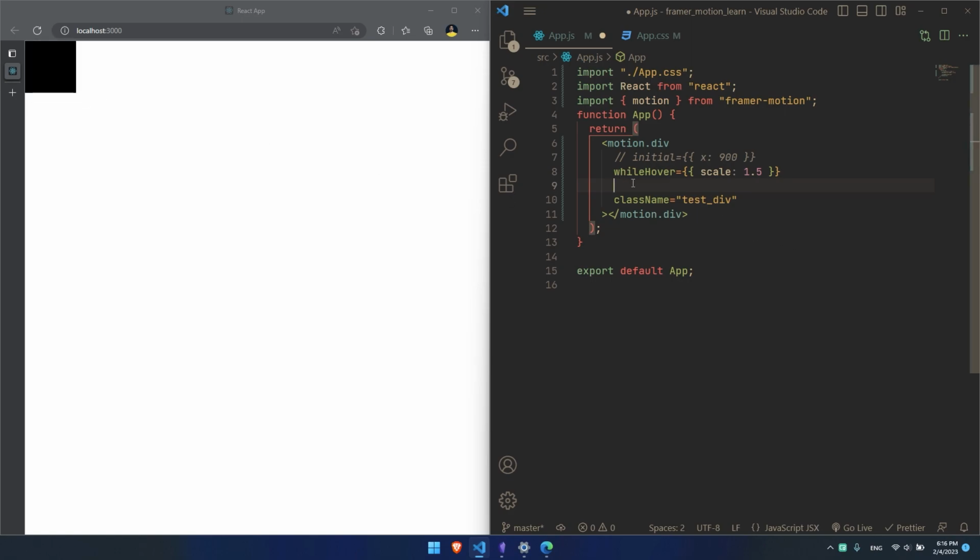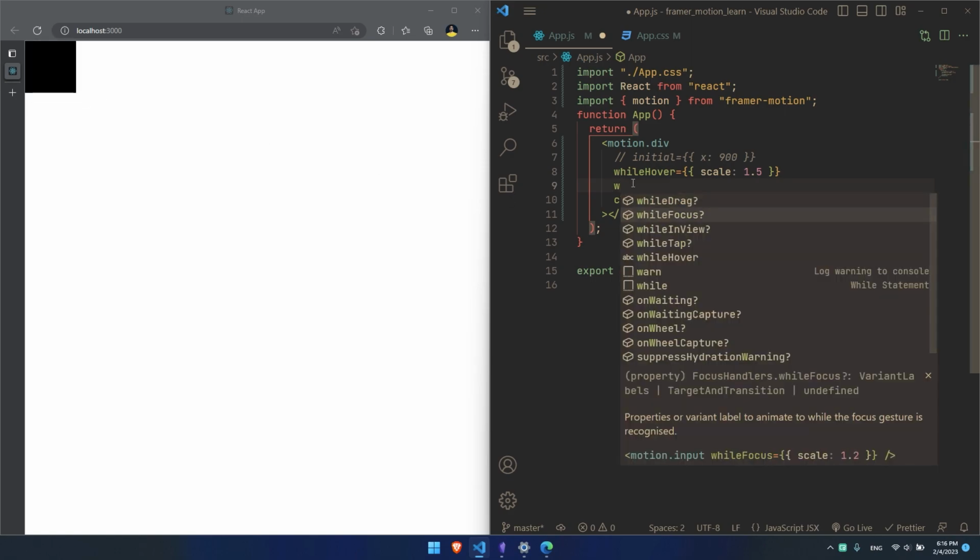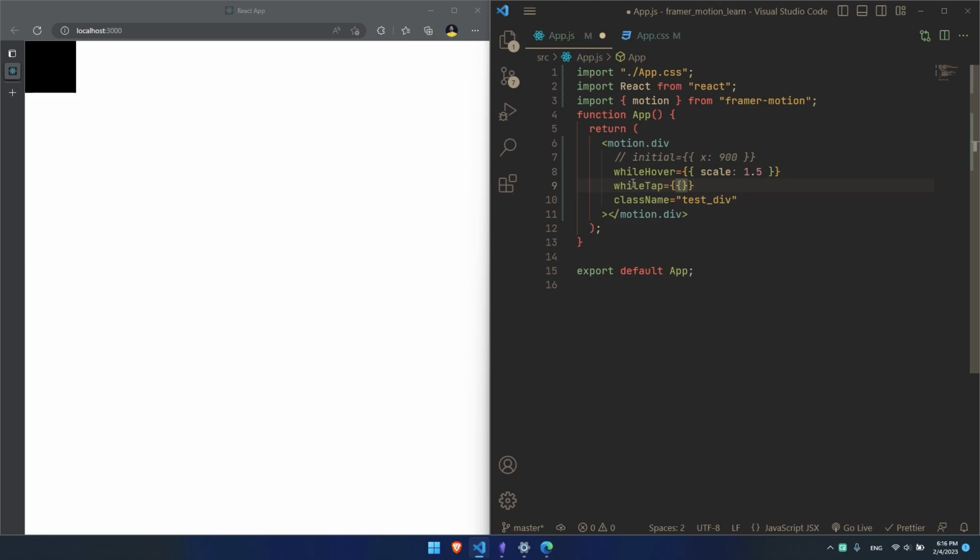Now, when I click on it, meaning while tapping, what should happen is it should scale down, let's say to 0.6, so it will be 60%. When I click on it, it's small. And if I want it to rotate as well,